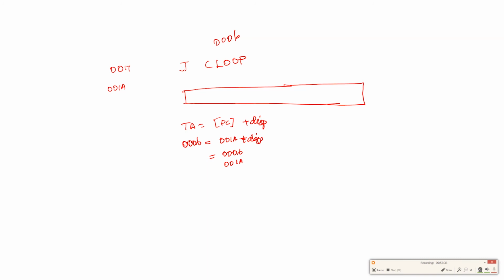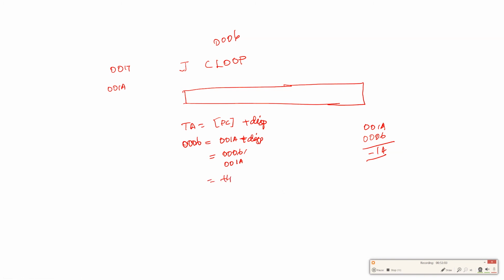You are going to subtract a bigger number from a smaller number, so we'll do this in reverse order: 001A minus 0006. A minus 6, A is 10, 10 minus 6 is 4, 1. Actually it is minus 14, so you will get the answer as minus 14.